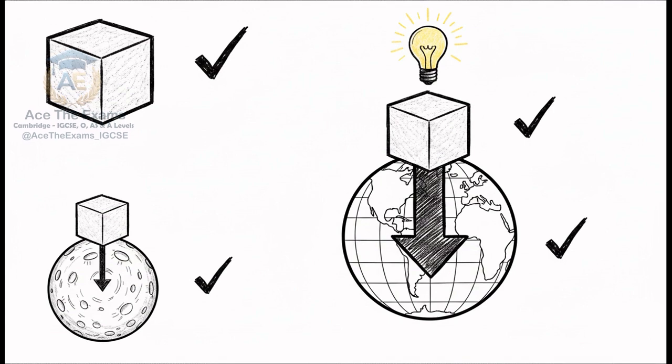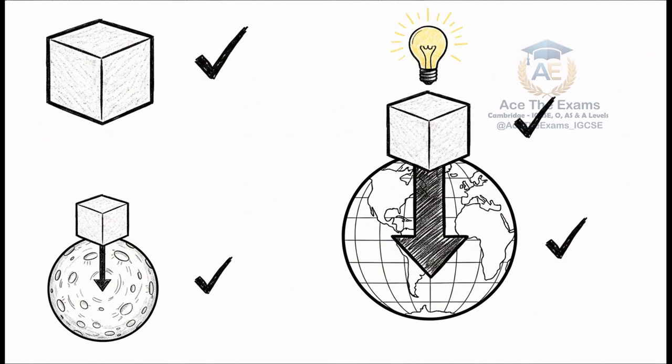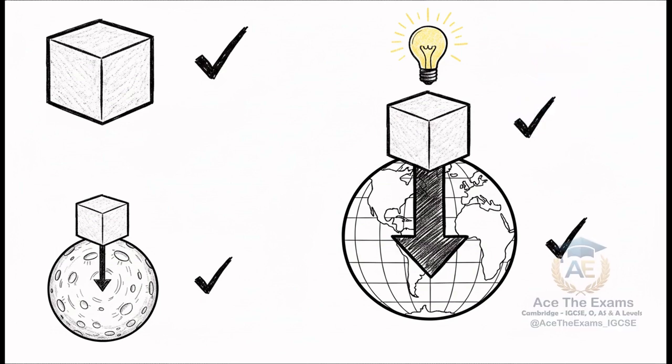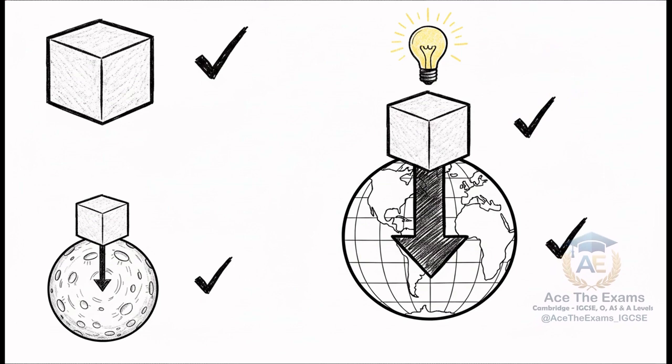So, applying that framework, here is your top-band corrected answer. First, we clearly state mass remains 12 kilograms everywhere. Boom, concept mark secured. Next, Earth weight, 12 kilograms multiplied by 10 newtons per kilogram equals 120 newtons. Calculation and unit marks secured. Finally, moon weight. We take that 120 newtons and divide it by 6, giving us 20 newtons. This perfect answer cleanly separates the constant mass from the gravity-dependent weight, guaranteeing you every single mark available for this